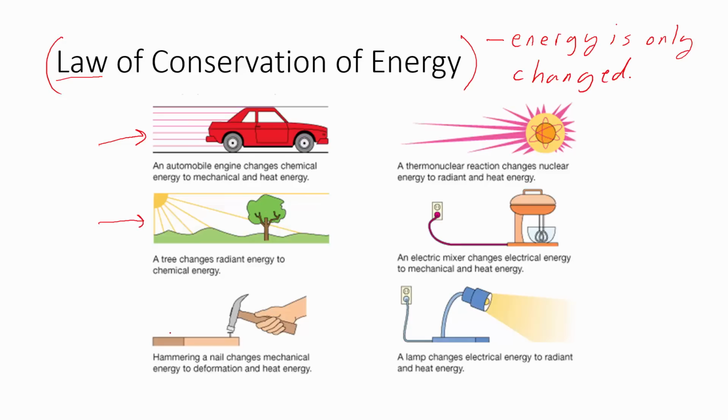You can have a hammer, which is kinetic energy, and that changes this mechanical energy of movement into deformation. It moves the molecules, pushes them aside, makes a hole, and heat energy. That space will actually get warm as well as this happens, as energy disperses into it. And we have all sorts of electrical into light or electrical into motion. None of the energy is actually lost or disappears. All it actually does is change forms.